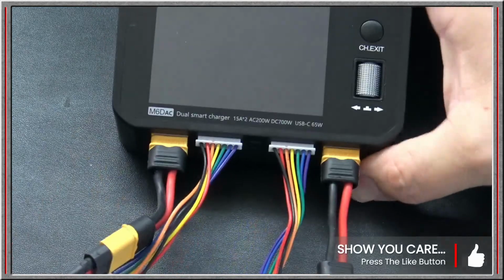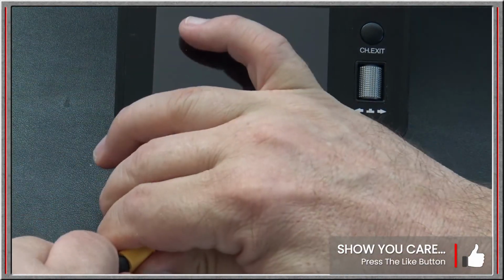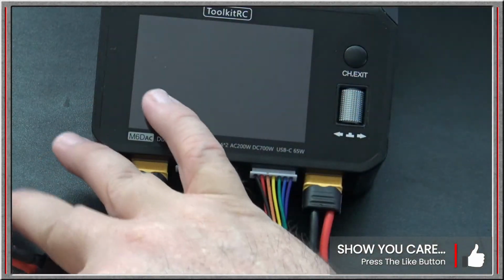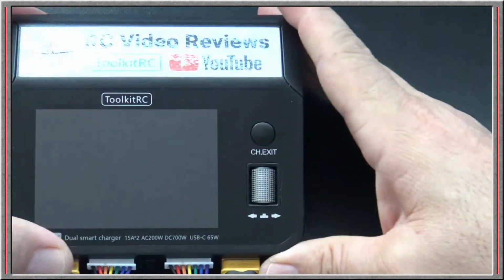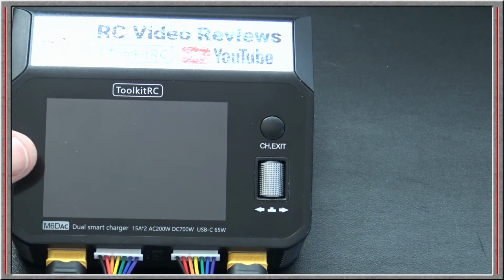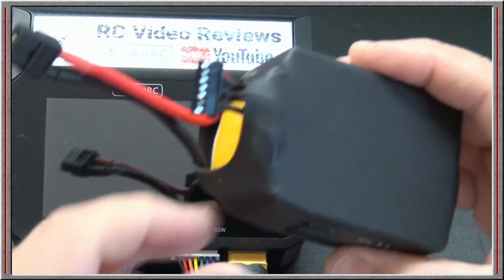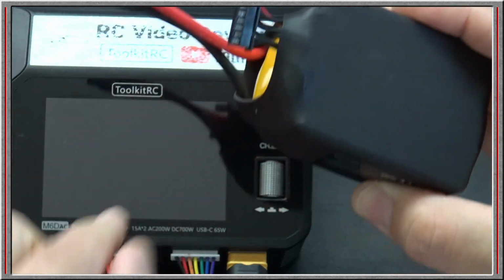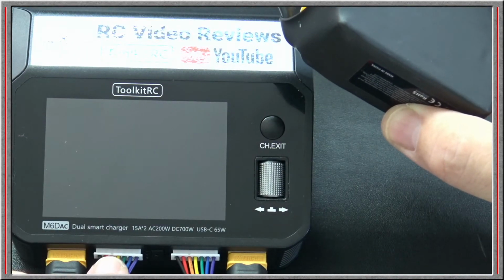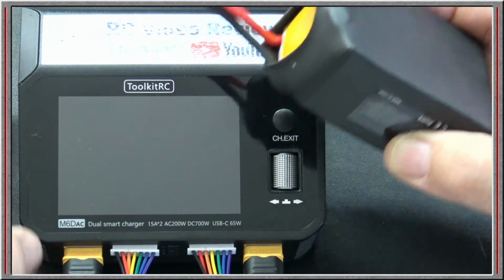So there's that. Okay, let's take a little walk around the unit itself. I'm going to show you a little bit about the software. And we had a question earlier about whether or not this charger will protect your house from burning down. The answer is, if you use it correctly, yes. It's a balanced charger, so it will balance your LiPo batteries. It does up to 6S, so it's 2 to 6S. It's got the balance ports that I was just showing you right here. You plug that in, you run a balance charge, and the charger, I can tell you right now, my